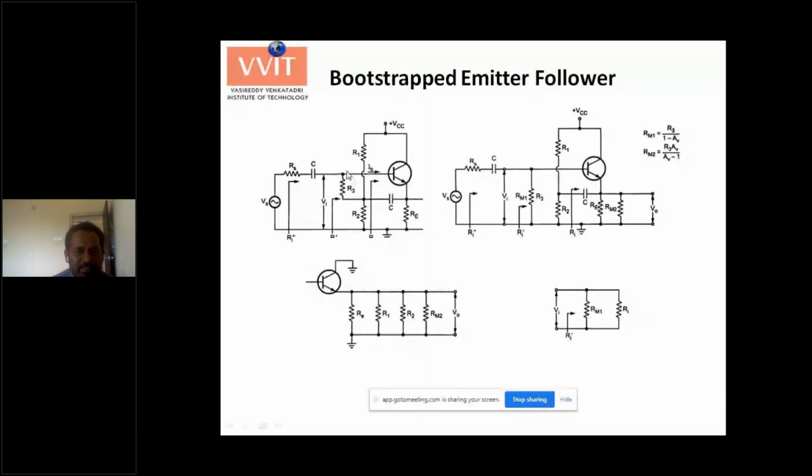Then, where is this R3? It is between the input node as well as the output node. So this resistor acts like a feedback resistor. While working with this, you need to apply Miller's theorem to decompose it into an input component and an output component. The output component is given by RM2, which is almost equal to R3. So what will happen? R1 and R2 come to the output side along with RM2, and also you have RE.